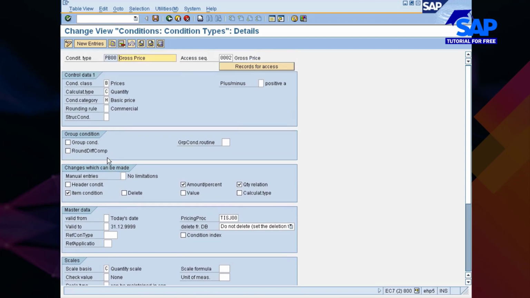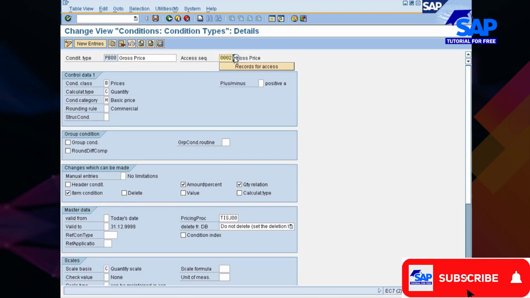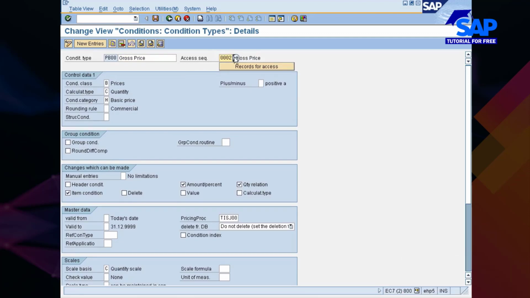So let me explain one condition type so that you can apply the same principles to the other condition types. Point number 1, all the condition types which are time dependent should have an access sequence key, right? So this is the key. All time dependent conditions shall have an access sequence key. I'll get back to what the access sequence key is once we are done with the condition type.